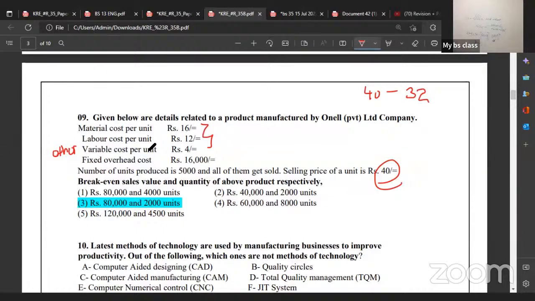Okay, the labor also you have to increase when you increase the number of production. Material will be increased, right? So variable means it varies with the production. Production එක වැඩි වෙද්දී අපිට වැඩිපුර material අවශ්‍යයි, නේද? එතකොට එනවා contribution 8. Then on total fixed cost, right? Total fixed cost, you have it is 16,000, and 16,000 you divided by 8.